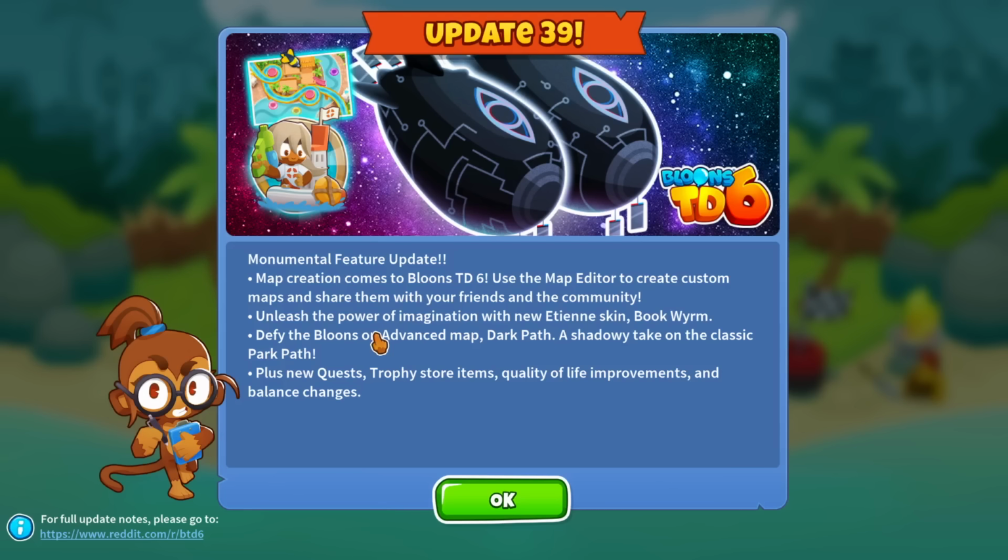very soon. Also with the update comes a new Etienne skin, Bookworm, and a new advanced map, Dark Path, along